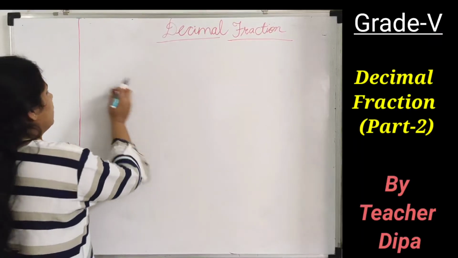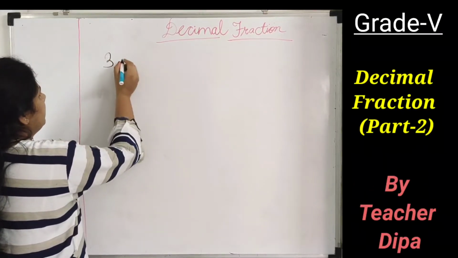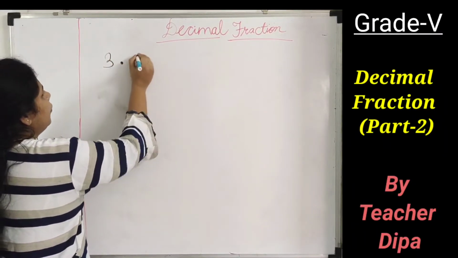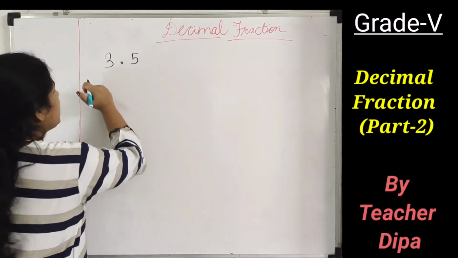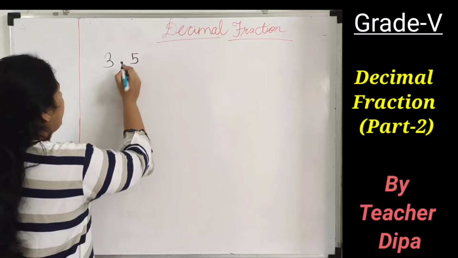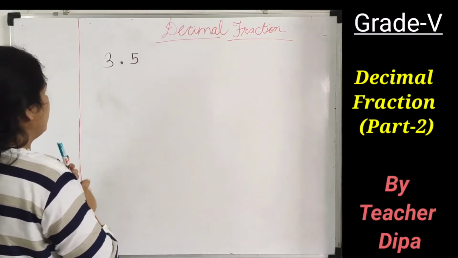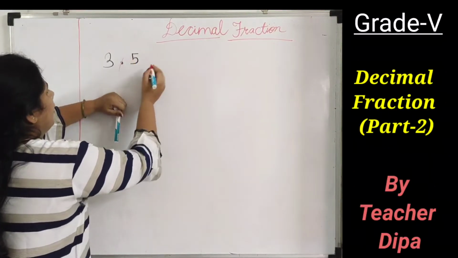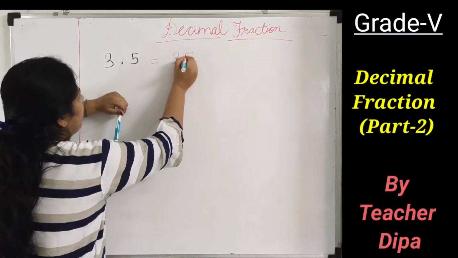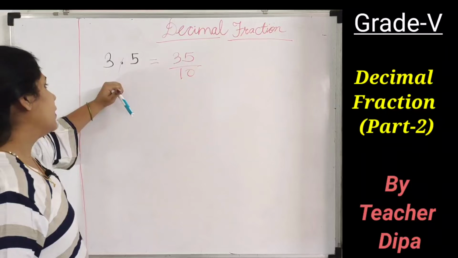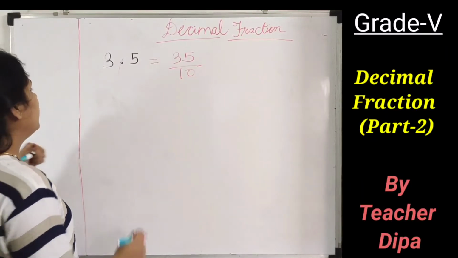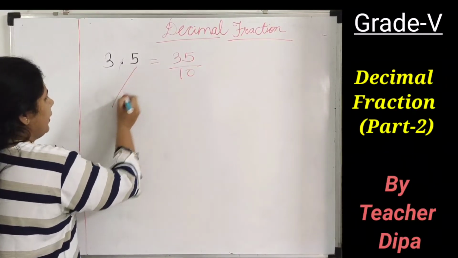I am writing the fraction, that is the decimal point, that is 3.5. Now again, in the same method, in the first way, I can remove this decimal point from here, and I am writing it in this way, 35 upon 10. But in the second way, if I want to write this number, I can make two groups of